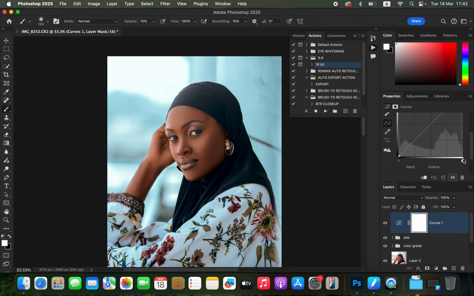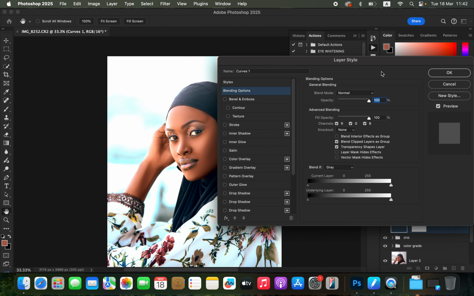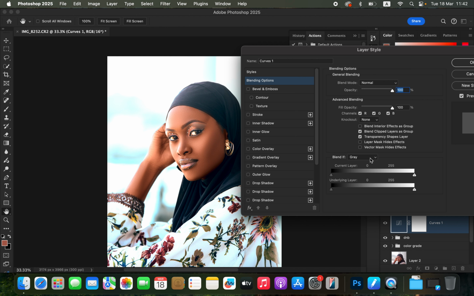So just come and select the curves and drag this up until you feel like the image is bright enough, especially in the highlight area. Then you're going to double click on the layer to open up the layer style dialog box. Then come to where you see underlying layer. Make sure the blend if is set to gray. Underlying layer, and left click and drag these pointers